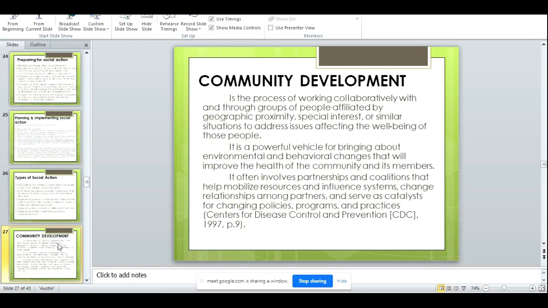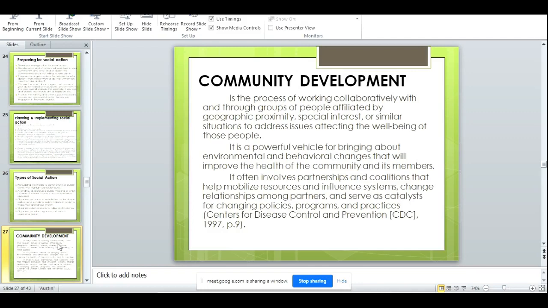So community development is the process of working collaboratively and through groups of people affiliated by geographic proximity, social interest, or similar situations to address issues affecting the well-being of those people. So all this action that has been taken should lead to the development of the community. So that's where community development comes in. It is a powerful vehicle for bringing about environmental and behavioral changes that will improve the health of the community and its members. It often involves